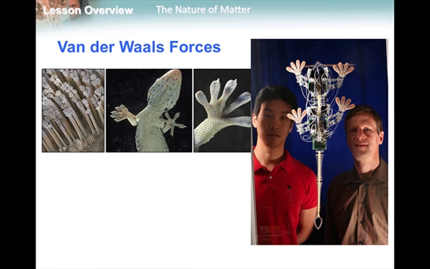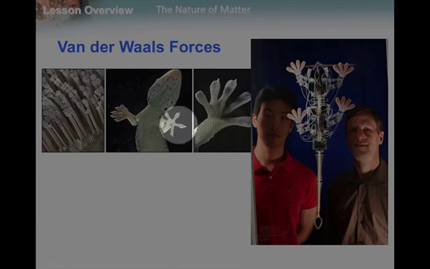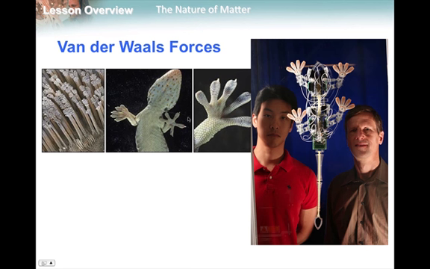These play a very important role in geckos being able to climb up walls. You see, if we look at the gecko itself, its hands don't look too special. If we zoom in, we can see that the hands have these little pleats in them, and that increases the surface area. If we zoom in even more, we can see that those pleats are almost like hair-like structures that even on top of them have little pleats on them. What all of this does is create surface area, and that increased surface area allows for more van der Waals